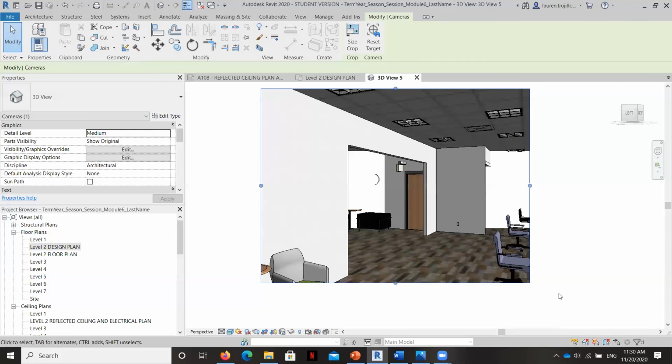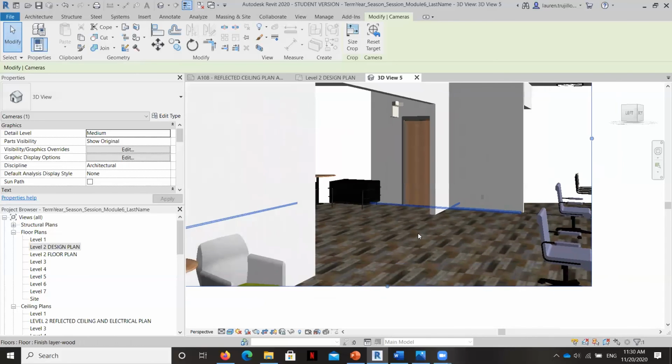So you know now how to find swatches through a Google search using search categories to get high resolution images. You know how to create custom materials in the materials library and apply it by painting a surface. And you also know how to identify if a material is tiling.